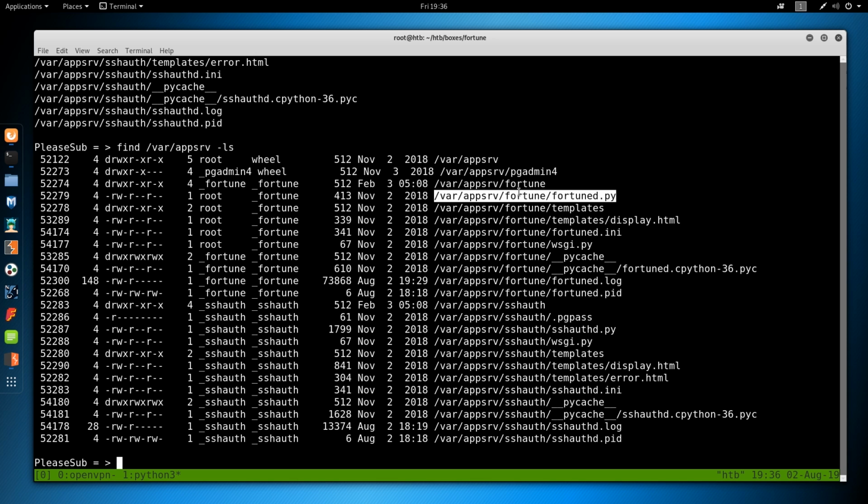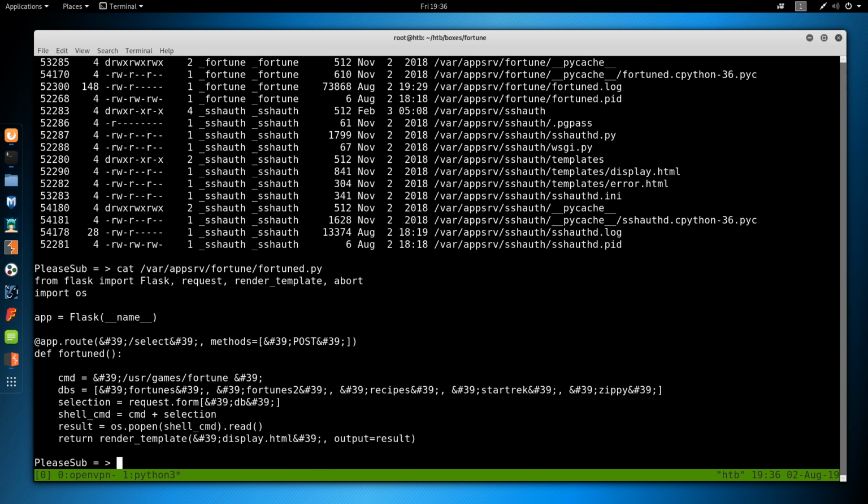We can take a look at what this fortune.py is. So let's see. CMD, DB selection. So this is the application that we are exploiting. So we see this is a Python Flask application, and